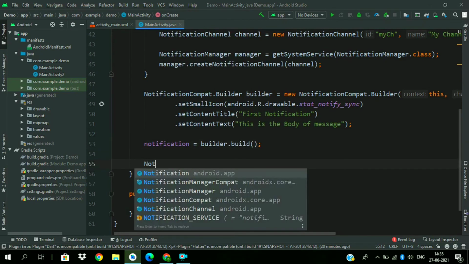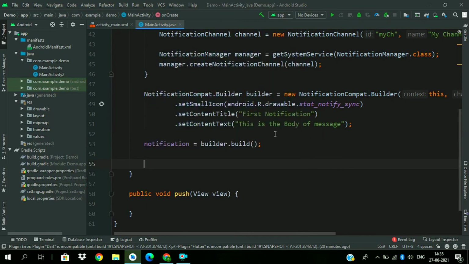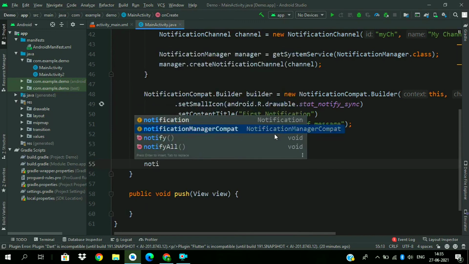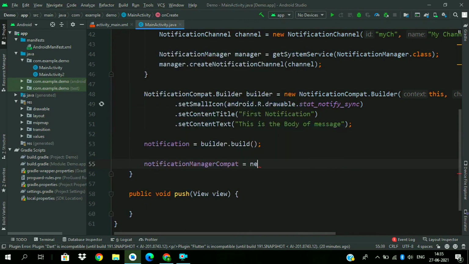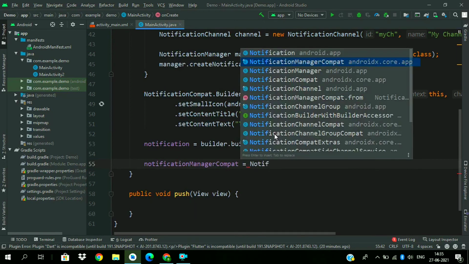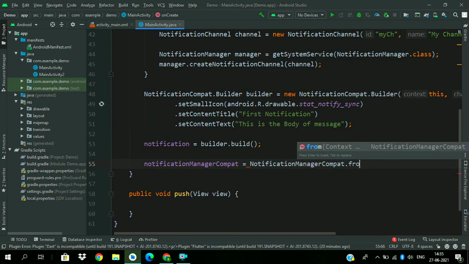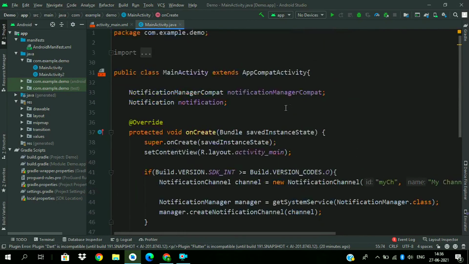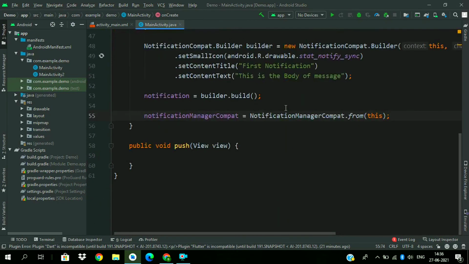Now we instantiate the notification manager compat. So notification manager compat equal to, we use a static method from notification manager compat dot from and pass the context here. This will create a notification manager compat and return it. Now we just notify the notification using this notification manager compat.